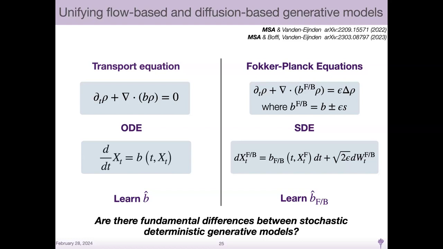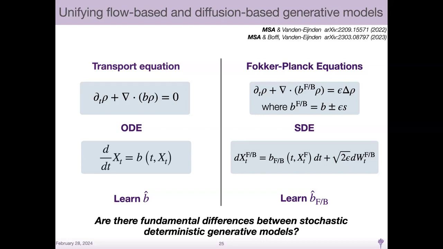Because the stochastic process isn't directly invertible, you need to think about the second object. And so what this is saying is basically, if I have b, then there's an ODE I solve that gives me a deterministic flow. And if I have this b_F or b_B, then there's a stochastic differential equation, which I can solve. This involves adding up its various steps, which allows me to endow this stochastic generative model. But why bother differentiating between the two?